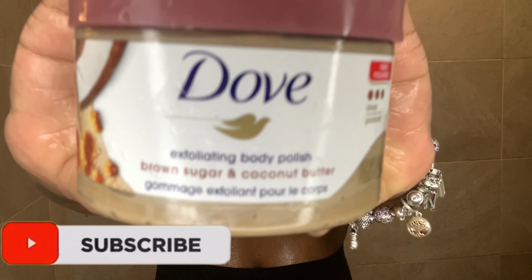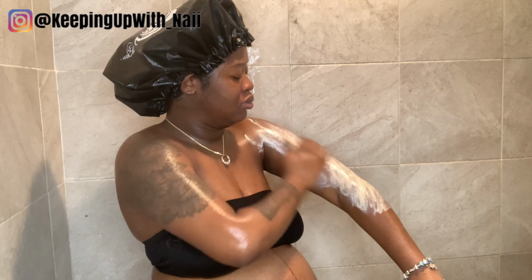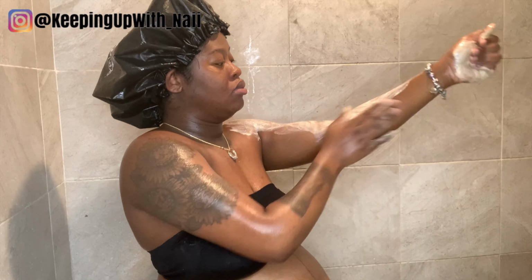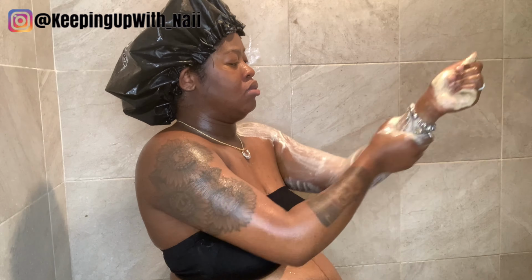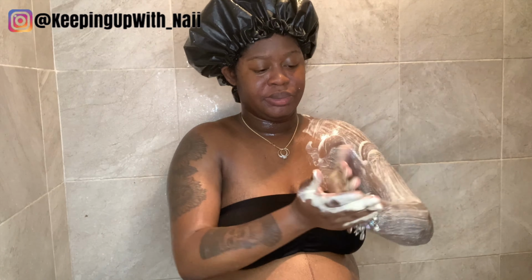So now let's go ahead and scrub this body. I am using the Dove body polish in the scent brown sugar and coconut butter. And y'all, I was amazed with this body polish because like I mentioned in one of my videos, I tried the body polish before and I did not like it, but since this one is a deep